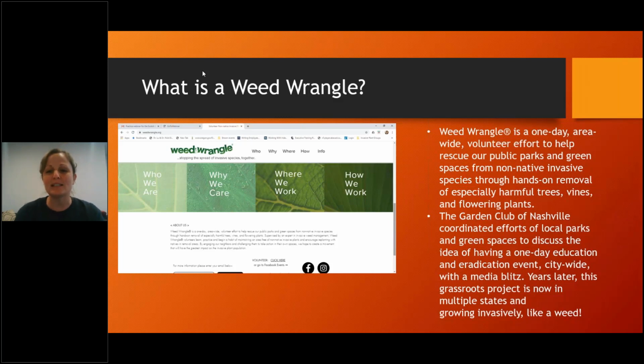Okay. Anyway, the Weed Wrangle is a one-day area-wide event that they started in Nashville originally, and the real effort was to help rescue their public parks and green spaces from non-native invasives. So they have different invasives there. Here, one of our big invasives, as you know, is Scotch broom. We're all making the same effort here. It's actually been really nice to see all of the different efforts people are making. It's pretty amazing. But Weed Wrangle was actually coordinated by the Garden Clubs of America in Nashville, and that's